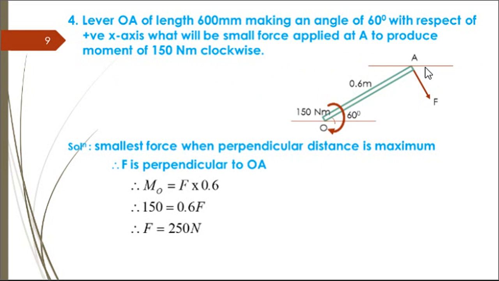So here one lever is given, OA, which is making an angle of 60 degree with the x-axis, then we have to determine what will be the smallest force applied at point A. Here at point A, force F is applied, and we have to find out the magnitude of this force F, the smallest force F, in such a way that it will cause a moment of 150 Newton meter in clockwise